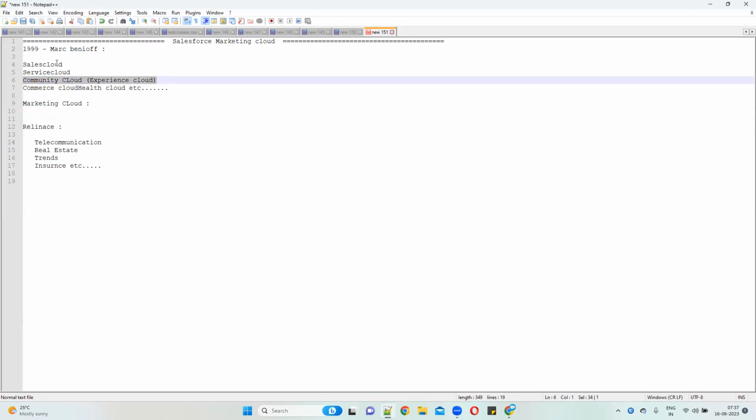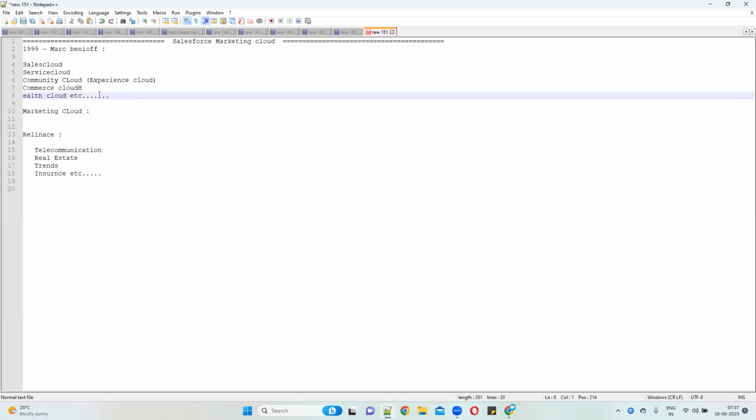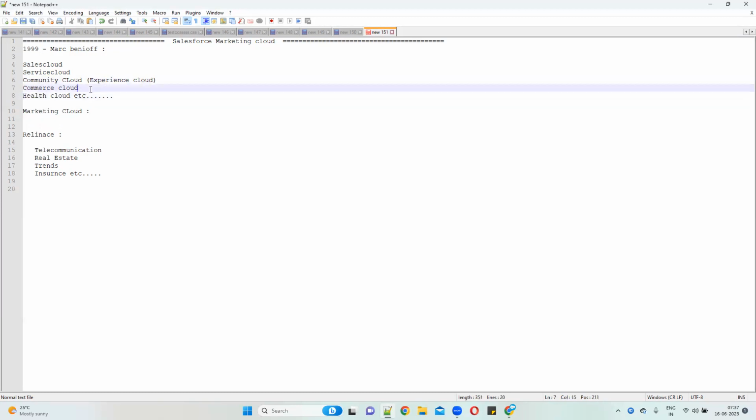Generally we can say this is a partner community. You can give your partners access to your product or some Salesforce information. That is called Community Cloud. And Commerce Cloud and Health Cloud are extras that came in recent days. I don't want to go in depth on all these clouds.